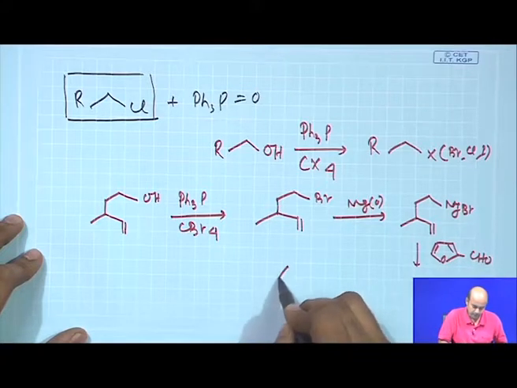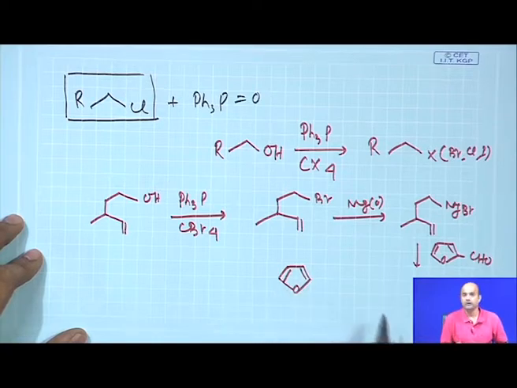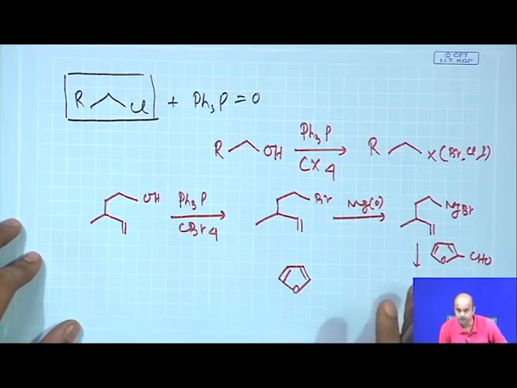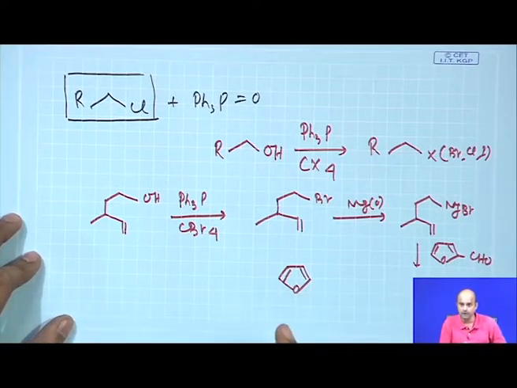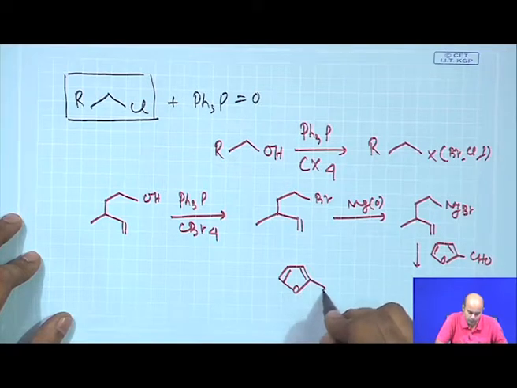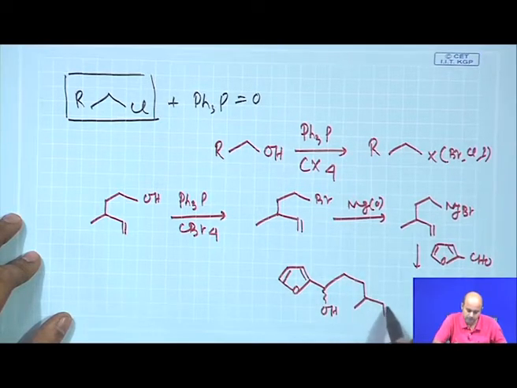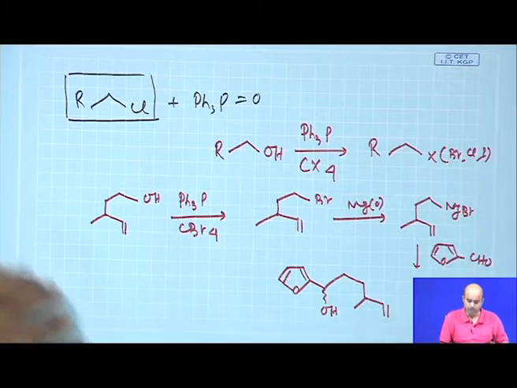Now, this is it. If you are not familiar with this Appel reaction, it does not matter, you can simply do a two step displacement by using tosyl or reacting with sodium bromide, or otherwise you can use PBr3. So, now what will you get? You will basically get this compound. Okay. So, this is one of the intermediates.